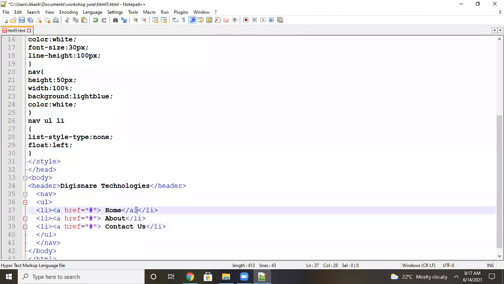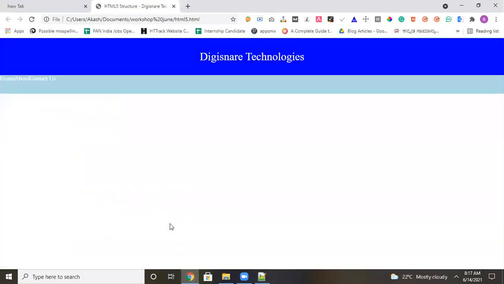Now see, I have applied the anchor tag. I will close it here. Once I apply a hyperlink, automatically it will change color to blue and underline. Two properties come by default. How will we change this?